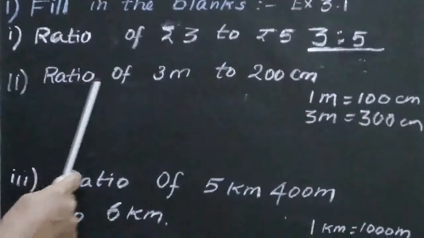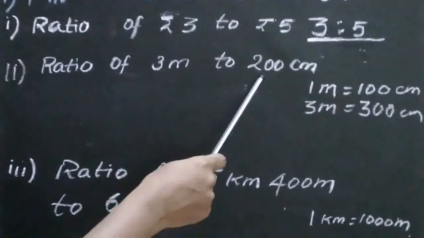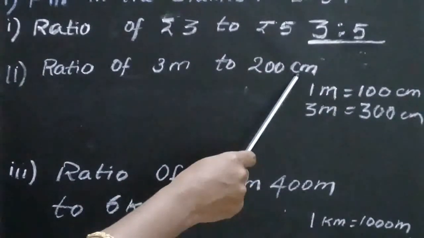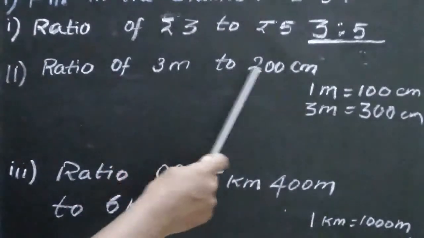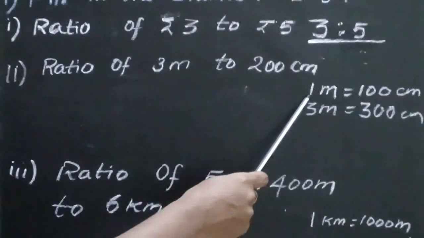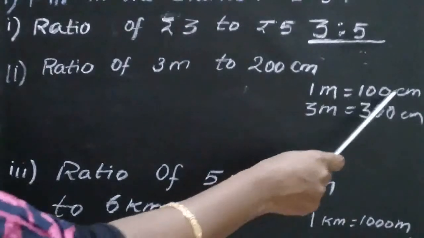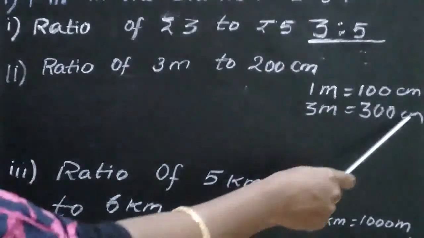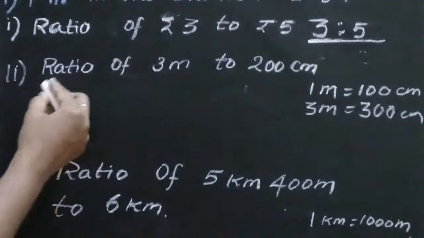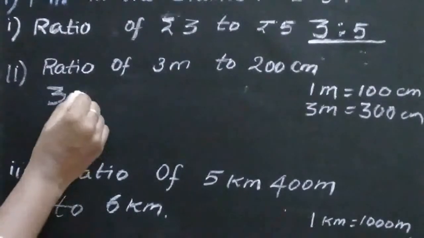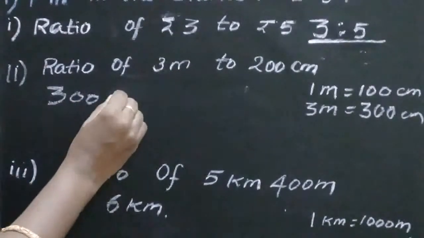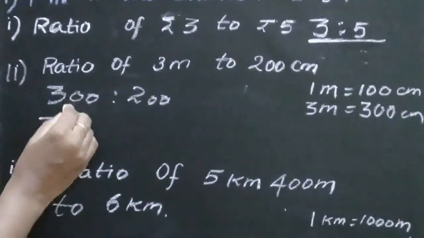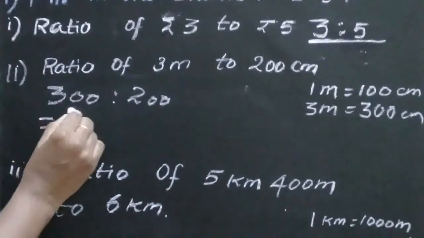Second one, ratio of 3 meter to 200 centimeter. The first unit is meter, the second one is centimeter. Now we have to arrange the same units. We know that 1 meter equals 100 centimeter. Therefore, 3 meter equals 300 centimeter. So 300 ratio to 200. We can write the ratio in fraction format. So ratio equals fraction only. So 300